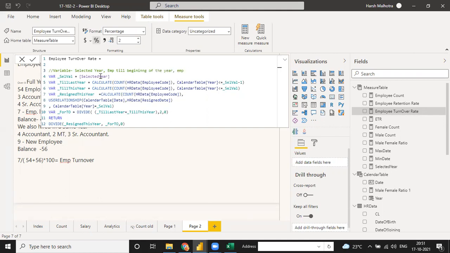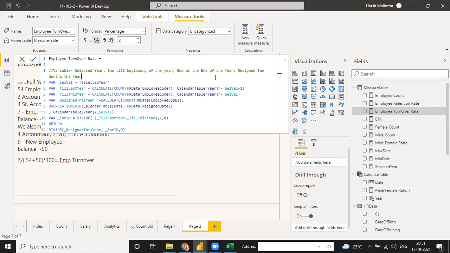Then we have to calculate employees of the current year, the employees at the end of the year. These 3, and the last one, we have to calculate the total difference. See, 7. So this is resigned employees during the year.